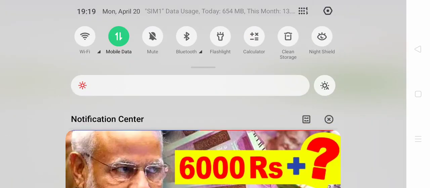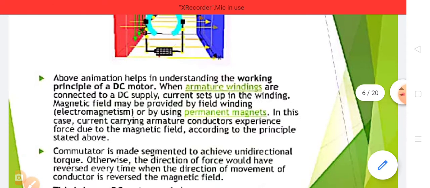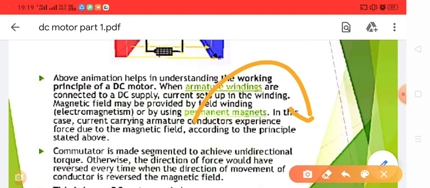How does it work? The flux effect is more on the left hand side, like a stretched band. If you see a stretched band, whenever you apply maximum effort on one side and then leave it, it will be exerted towards the low flux area. Similarly here also, the force will be exerted from the high flux area to the low flux area, that is, it will rotate from left to right. So in this way, the flux direction and the force will be exerted from the left hand side to the right hand side, that is, in the clockwise direction.